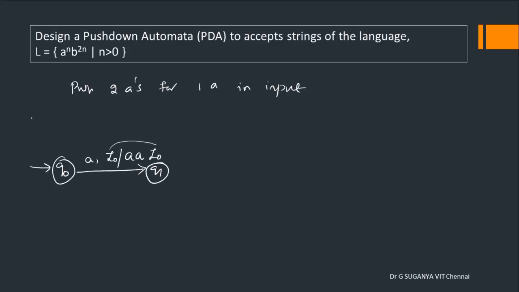So after that, whatever A's come on your input stream, always you will have A on the top of the stack. This A you can retain as it is. 2 more A's you can replace. These 2 A's are for one single input A. Now the context is simple. For every B you will have a mapped A on the top.